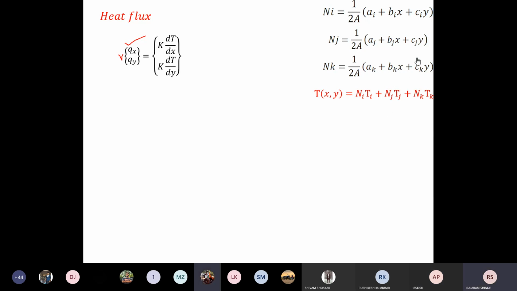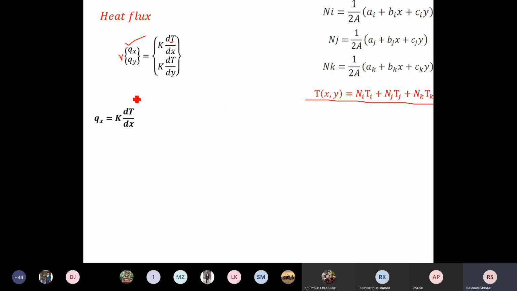No, sir. Okay, you got the heat flux in x direction, heat flux in y direction. Okay, now qx is equal to k dt by dx, qy is equal to k dt by dy. Okay, after that, for calculation of k dt by dx and k dt by dy, you have to put the value of t. Here this t is a variable, this is a function of x and y.